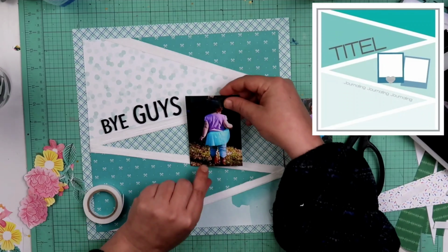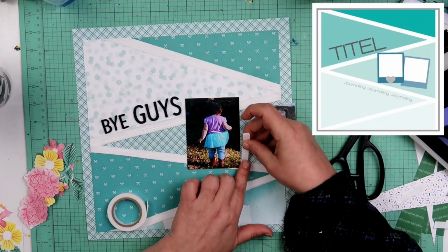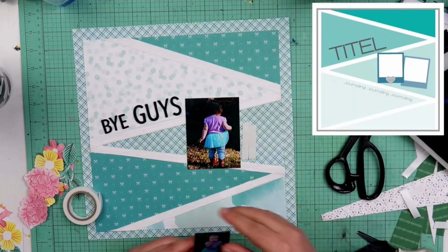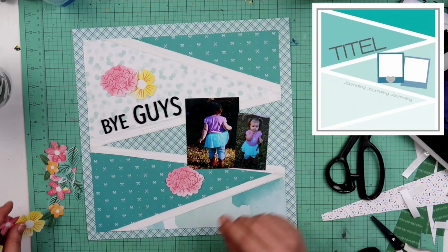So I am going to be popping this up on foam tape. I don't really have a choice because that crochet thread does sit up a little bit. So I am using the foam tape. Actually, I use it on both of the photos. So you can see the one with her walking away and you can see the one with her blowing a